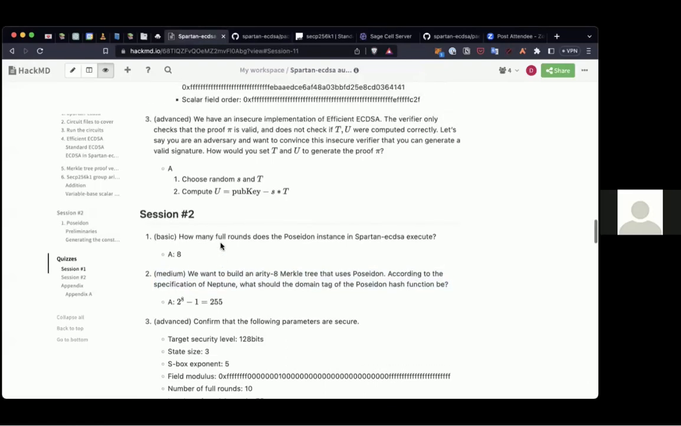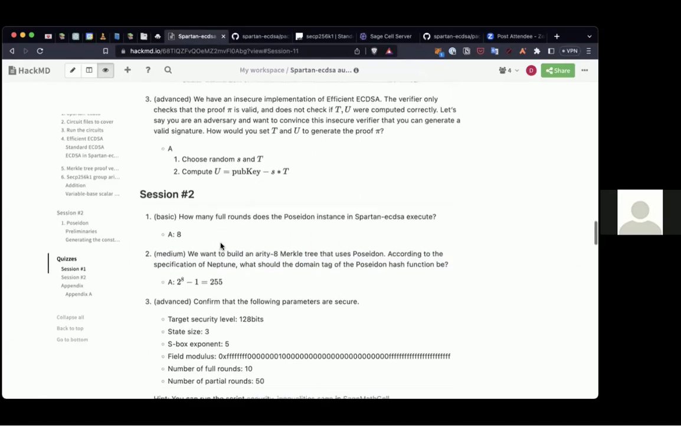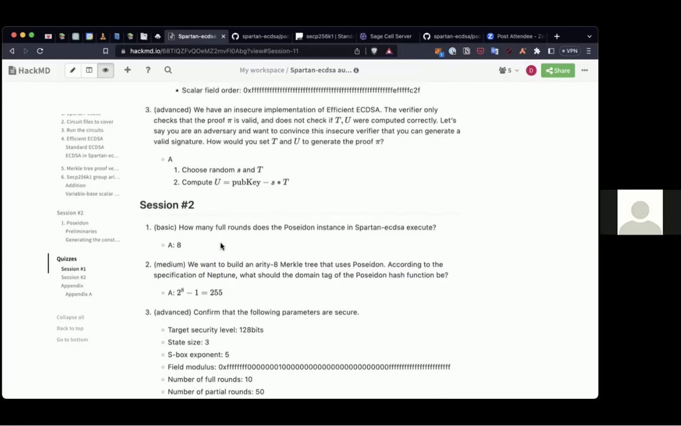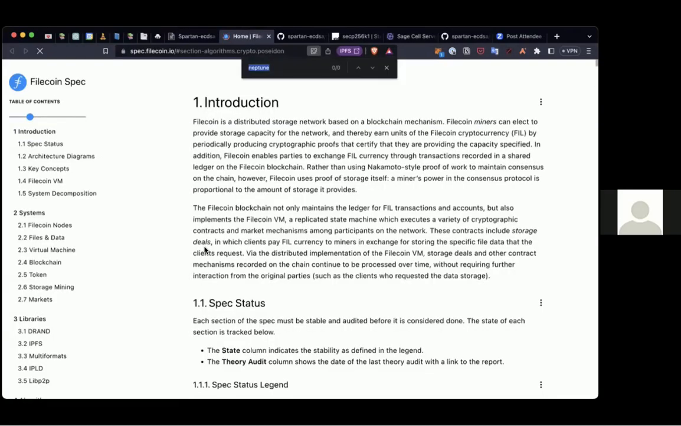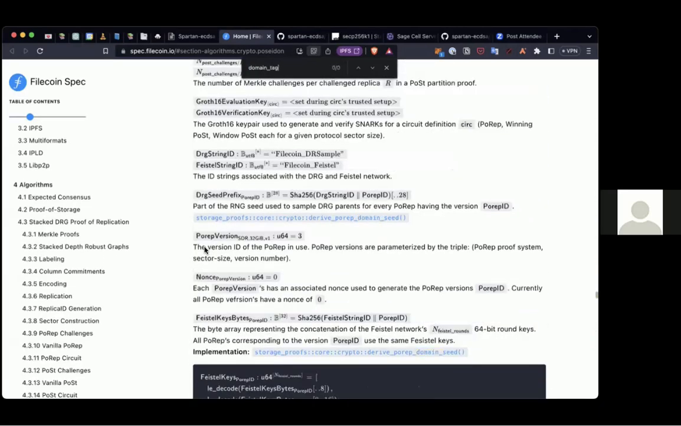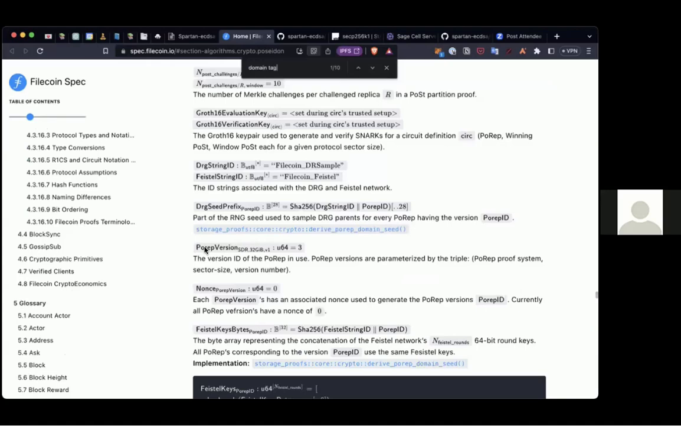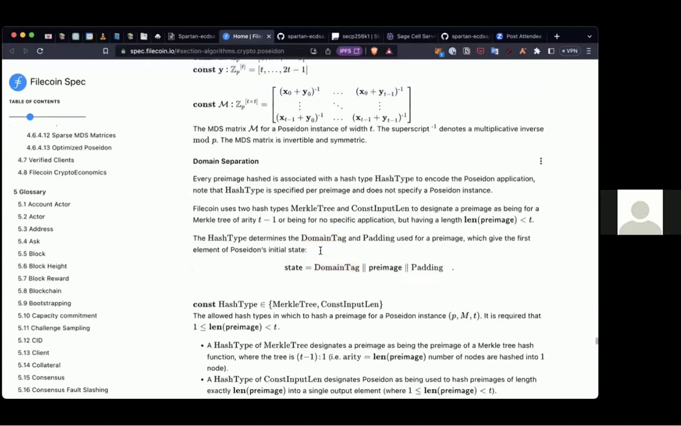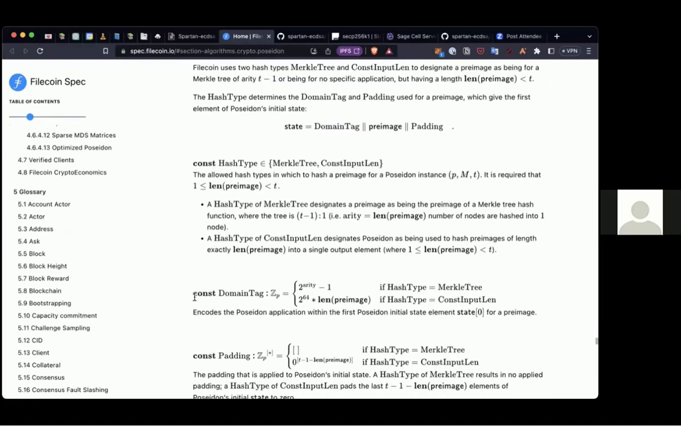The second question, we want to build an RT8 Merkle tree that uses Poseidon. According to the specification of Neptune, what should the domain tag of the Poseidon hash function be? So let me see if I can find the place in Neptune where it mentions it. Yes, so when you